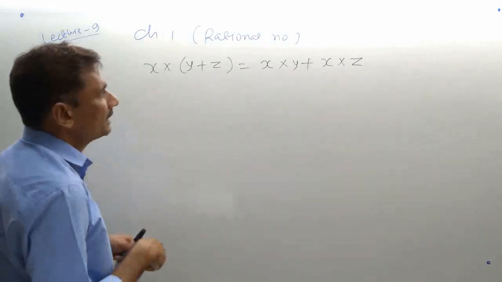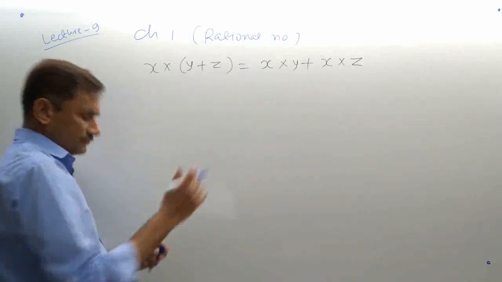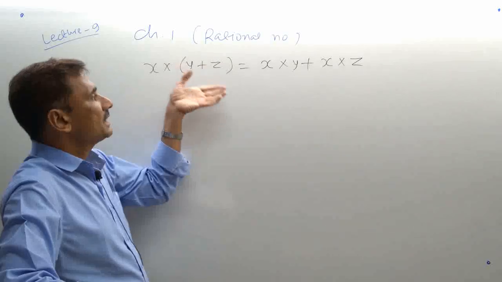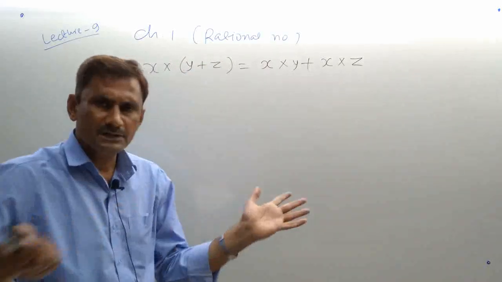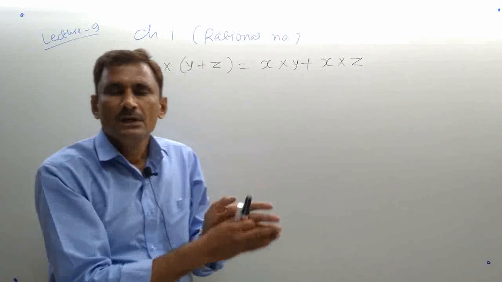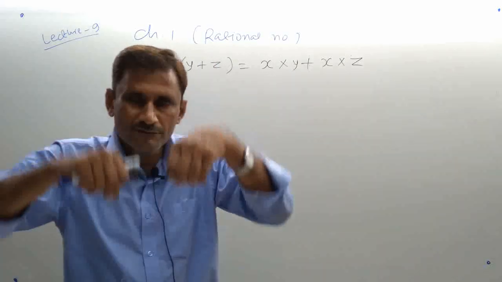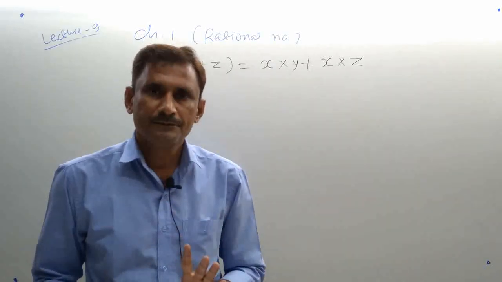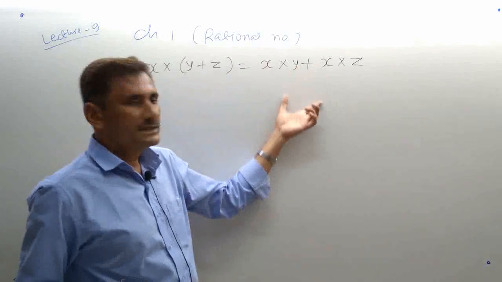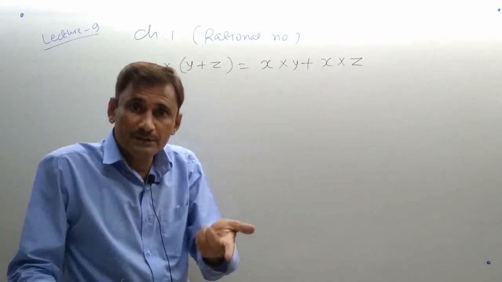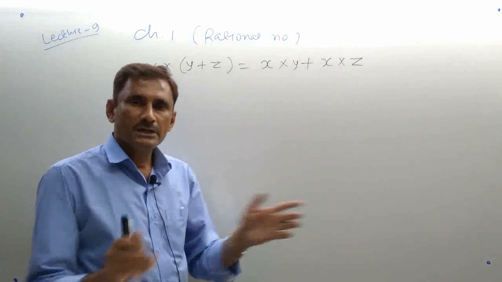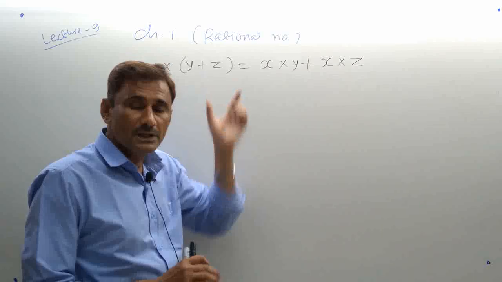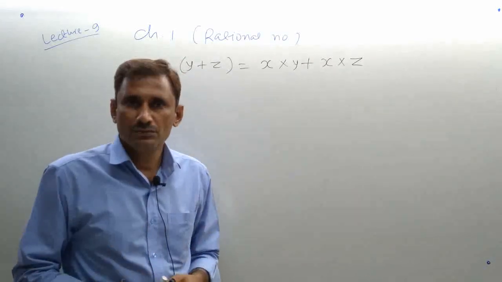So whenever you want to verify any law, just put particular values in the left side and right side separately, don't compare beforehand. Only take the left side, place all values, simplify it, get a number. Then again take the right side, place all the values they have given, and again simplify. If both final numbers are the same, then that law or property is verified, meaning it is true and applicable.